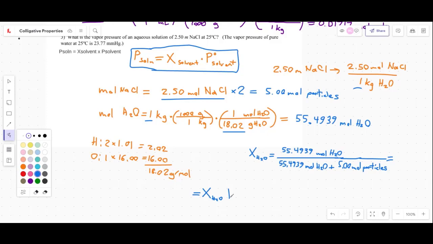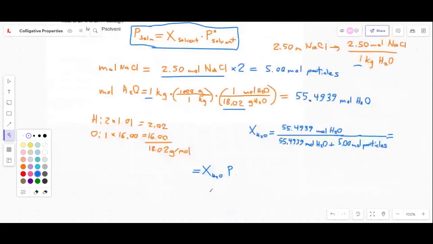Okay. Actually, I'm not going to bother repeating that. I don't know why I did that, but yeah, I got 0.917 as well. Very good. Okay. So now we're going to go ahead and plug this into our final equation. Pressure of the solution is equal to 0.917,